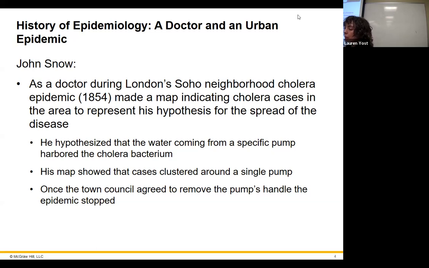They went and found out that that well did in fact have cholera, and it was just being recontaminated by people who had cholera going back and using it, and so on and so forth. So he notified people that they needed to stop using that well. Of course, nobody listens, so he just took the handle off the pump so that they couldn't use it. He actually helped stop that epidemic by recognizing that based on that map.